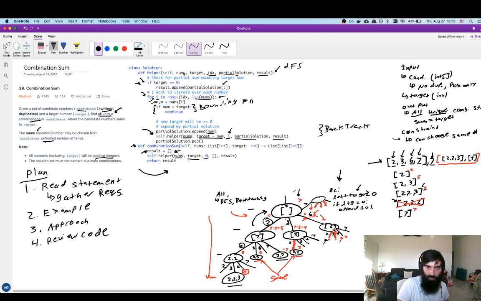This is the code that implements our full approach, and it embodies all of the different bits and pieces of the algorithm that we have to be considerate of. So in conclusion, we've read the statement and gathered our requirements. Now we don't really need to look at the problem statement anymore because we've encoded everything we need in our requirement gathering phase. The second thing we've done is write out an example and go through it by hand to see how things should work. Once we got a good grasp of the example, we started to look into the approach, and for that we pulled from our backpack